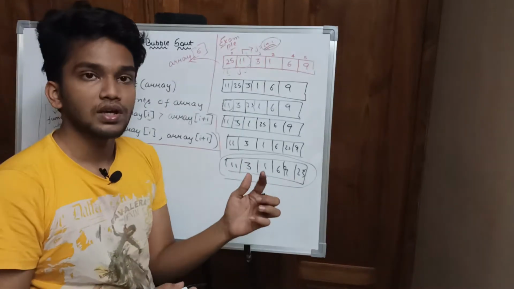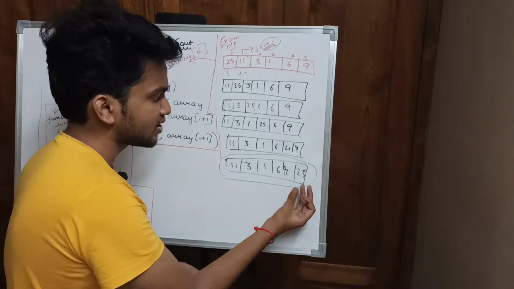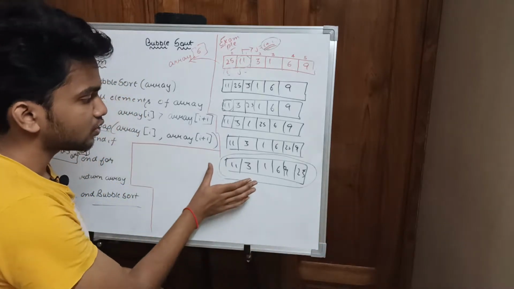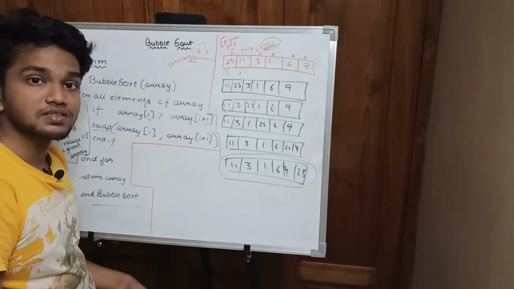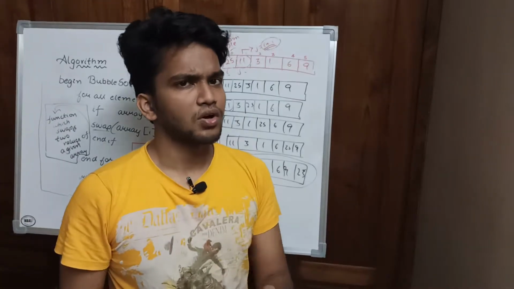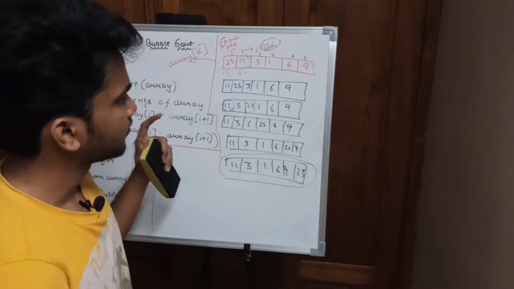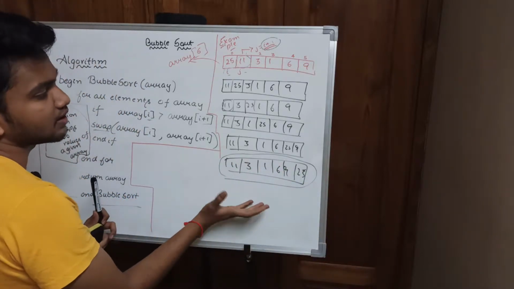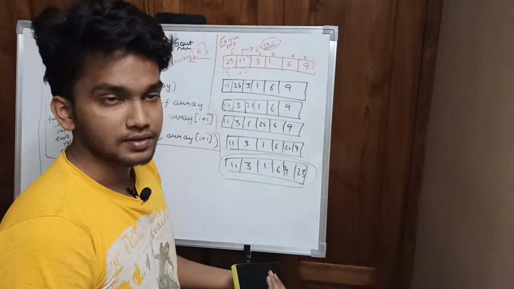Just for one iteration we are getting the highest value bubbled out. That is how it gets the name: the highest element is bubbled out at the end of the array. We should perform the same things again repeatedly. For bubble sort, we can write a program either by using a function or a normal procedure. I will discuss the normal procedure in the coding part, and for the meanwhile you remember that by the end of a pass we get the highest element at the end of the array when it is swapped repeatedly.